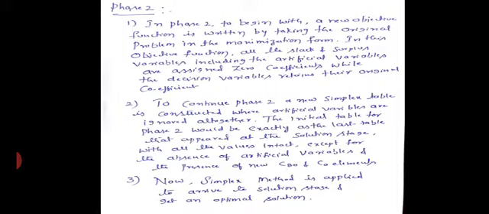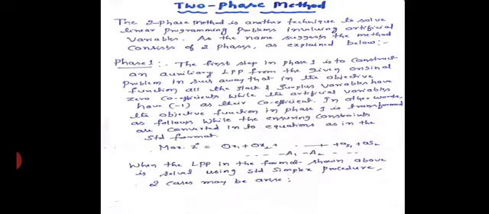Understood? Once again I am going to repeat the two phases needed for solving the problem. In the first step, you need to construct an auxiliary LPP from the given original problem in such a way that for slack and surplus variables, you give 0. For maximum z equal to the objective function, you give 0 for everything except the artificial variable, for which you give -1. For everything you take 0 except for artificial variables, which are given -1 coefficients.